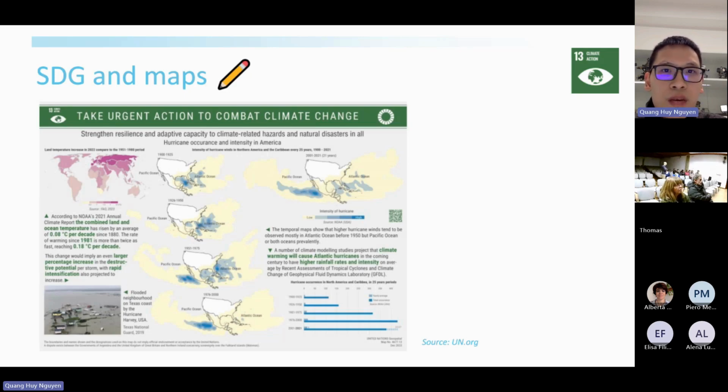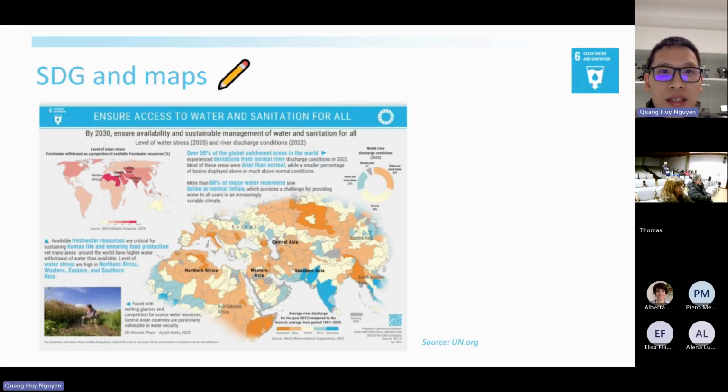Like in here, we can see climate action. We can see on the map about typhoons, about floods. Here is the accessibility to water, which has been shown on the map.